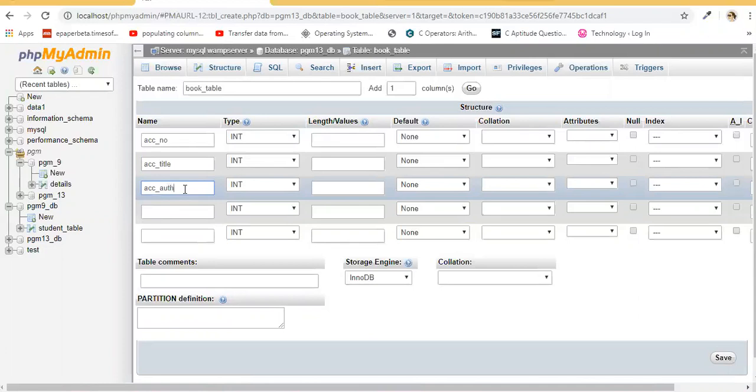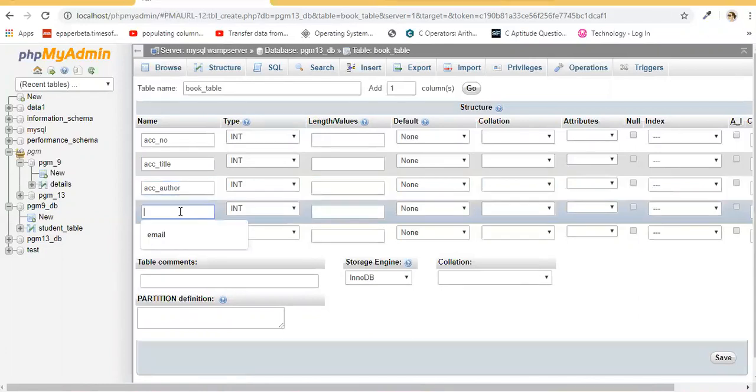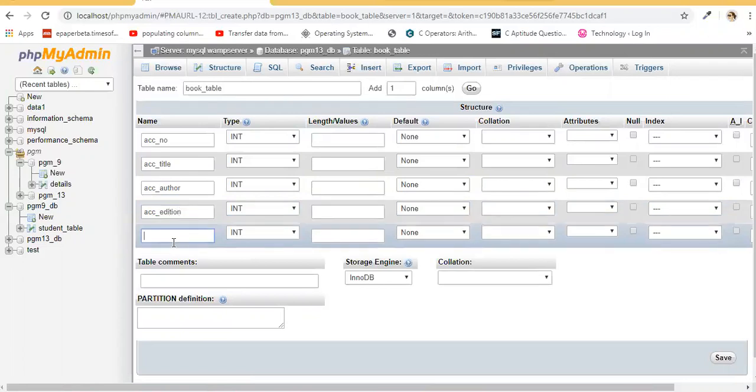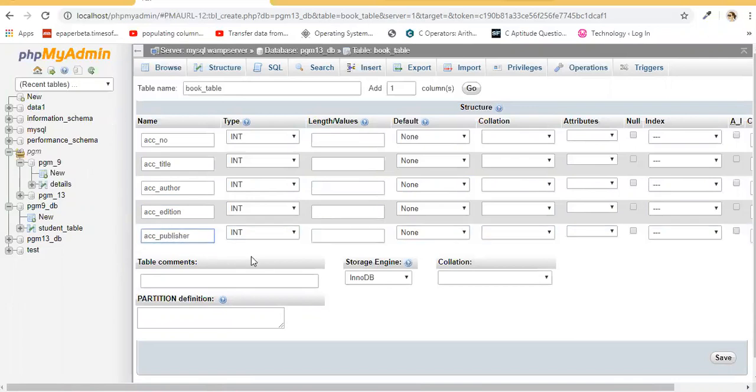So we have accession author, accession edition, and accession publisher.